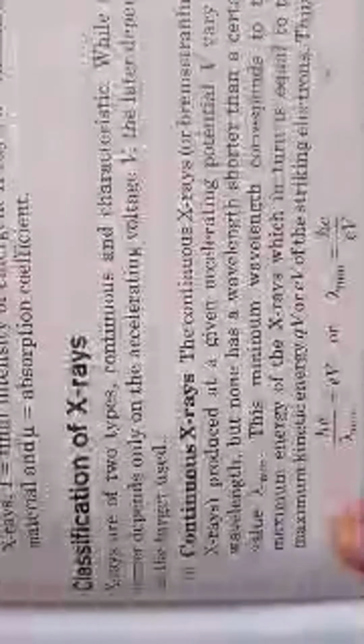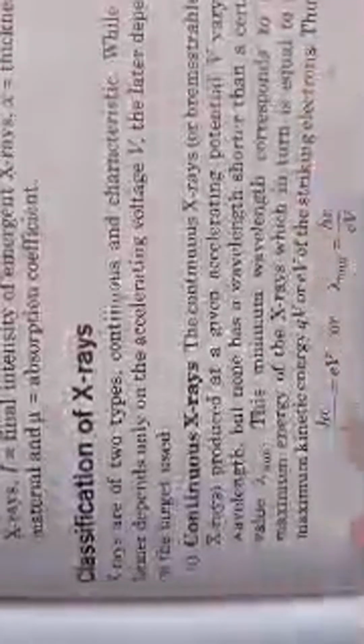So continuous X-rays क्या होता है? The continuous X-rays produced at a given accelerating potential V vary in wavelength, but none has a wavelength shorter than a certain value. This minimum wavelength corresponds to the maximum energy of the X-rays, which turns out equal to the maximum energy qV or eV of the striking electrons,